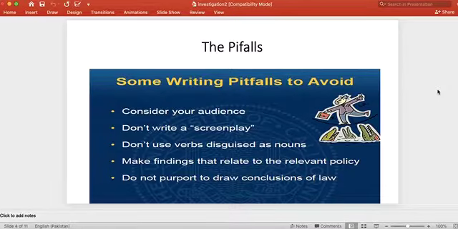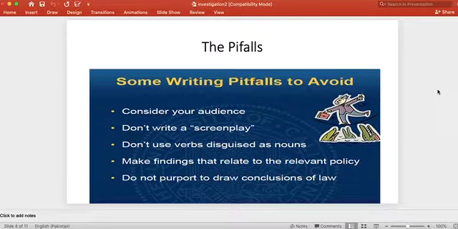For example, if you do not consider who is going to be your audience, you will write a report which will be beyond the audience and will not be understandable. In the same way, we are not writing a drama or a screenplay, we are writing an investigation report. So dialogue-type writing or writing with some specific expression is not required. In the same way, sometimes verbs can be used as nouns and nouns can be used as verbs. This could be confusing. The writer should avoid this and use clear verbs and nouns, which are either used as verbs or used as nouns.